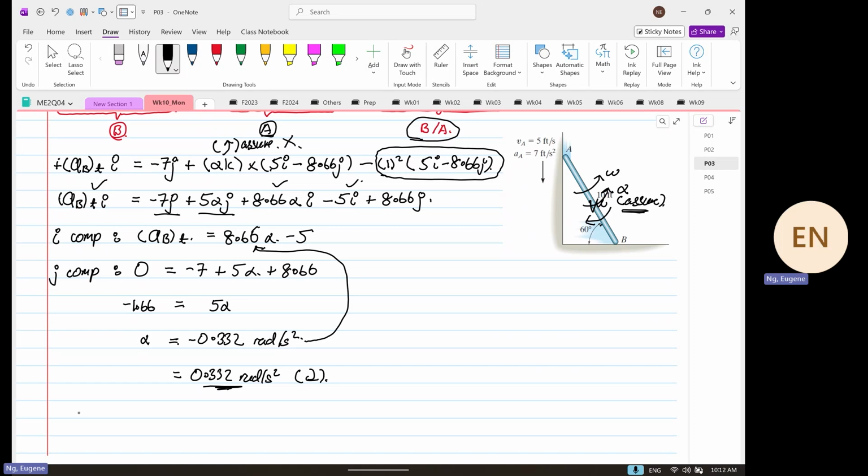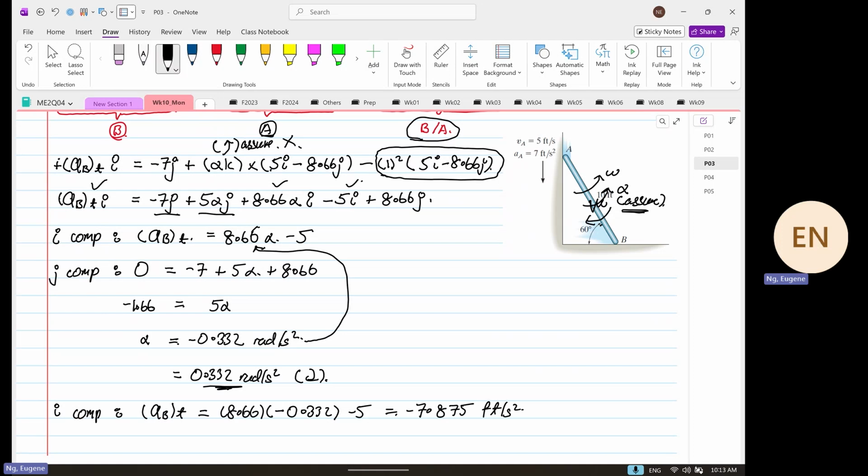So using the I component, you have ABT, and this is equal to 8.66 substitute by minus 0.332 minus 5. So this will be equal to 8.66 times 0.332 plus 5. You have minus 7.875 feet